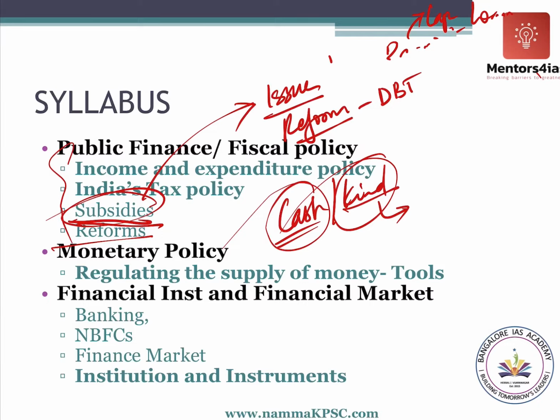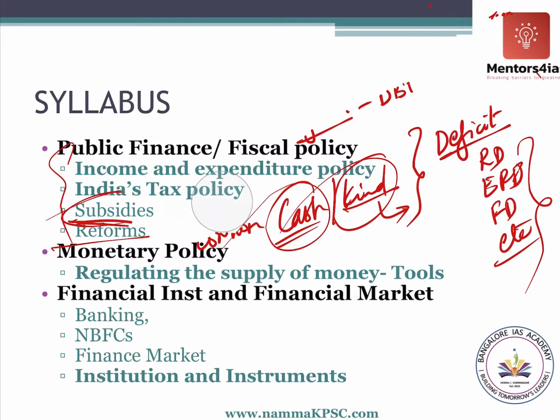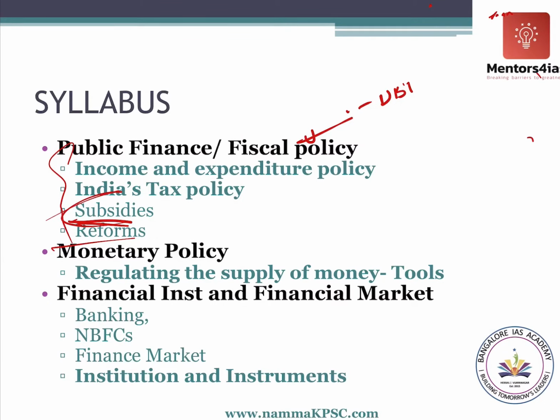Other than those things, we'll also be covering the concepts of deficit, the different types of deficit. You would have read in the newspaper about revenue deficit, effective revenue deficit, fiscal deficit, etc. So we will try to understand all of this. Another important topic that we need to cover in this chapter is fiscal consolidation. In order to achieve a better sustainable fiscal policy, we have to undertake what is known as fiscal consolidation. So how do we do this, etc.? We will try to understand those things.